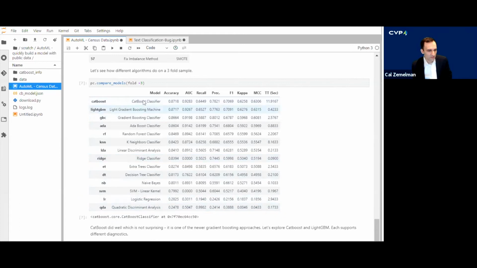You may have heard of some of these. If you're interested in them, you can look them up on Wikipedia. They're all pretty common ones. And it tries all of these different algorithms against the target variable, the one that we said was below 50K or above 50K, and tells us which one did better. And you can see most of them do pretty well. These two didn't do so great, but a lot of these boosted decision tree ones did well. CatBoost edged out by a hair here, so we're going to check that out as well as the